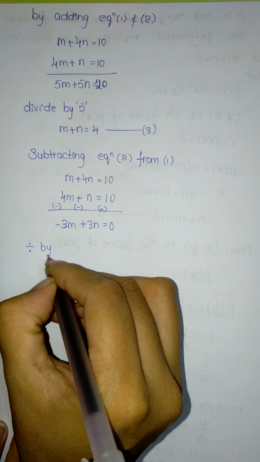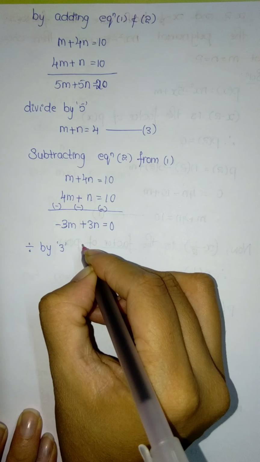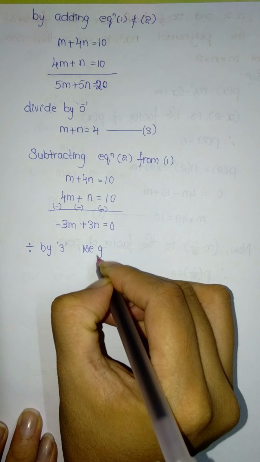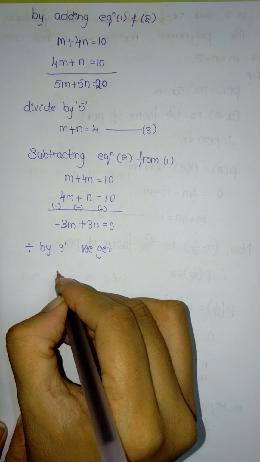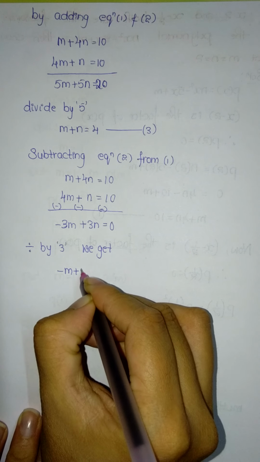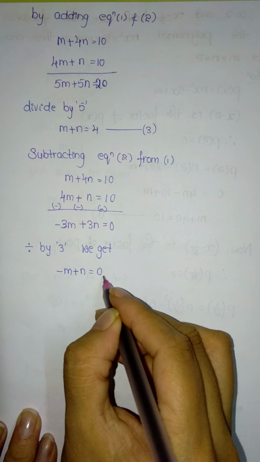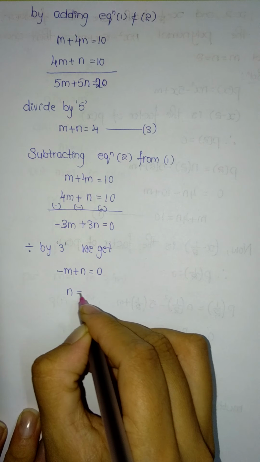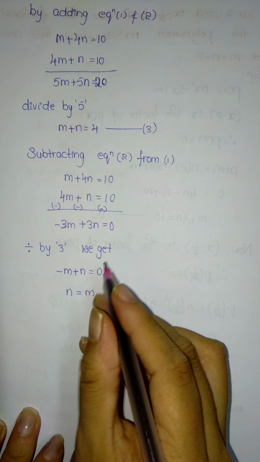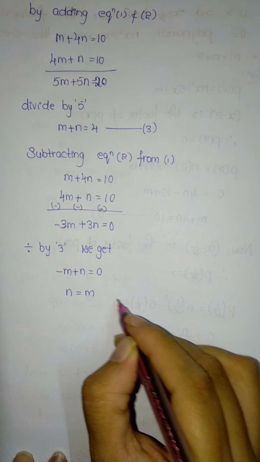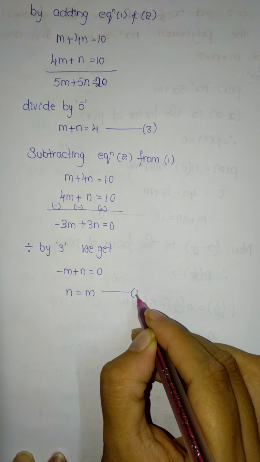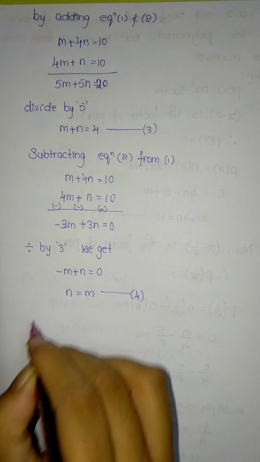Divide by 3, we get minus m plus n equal to 0, or we take this m to this side, so n equal to m. So it becomes equation 4. So from 3 and 4,